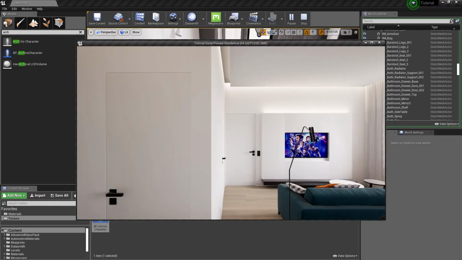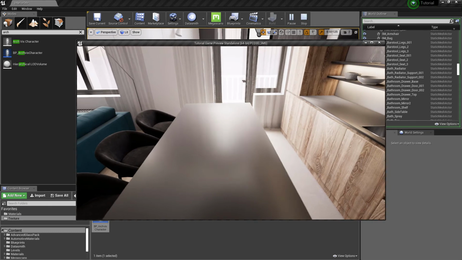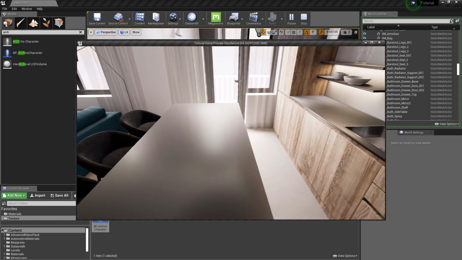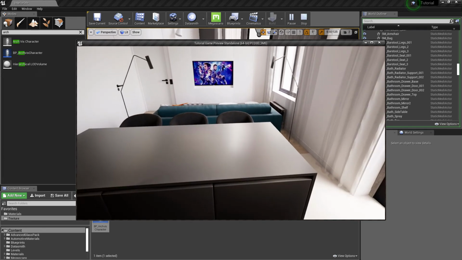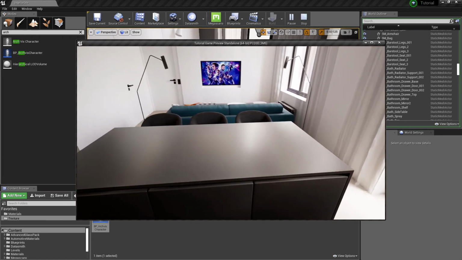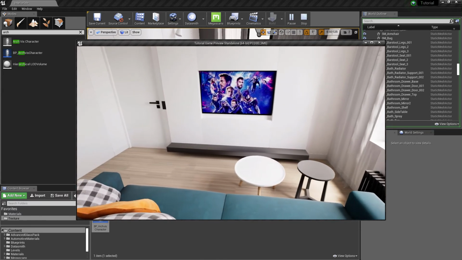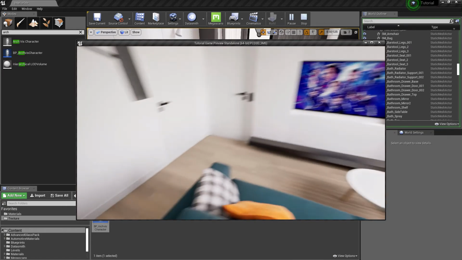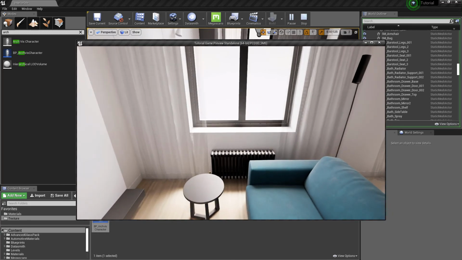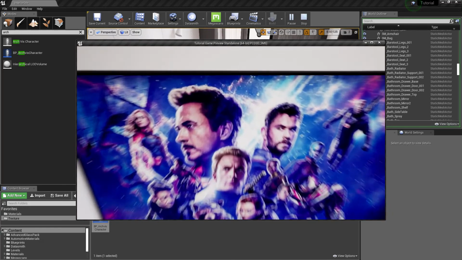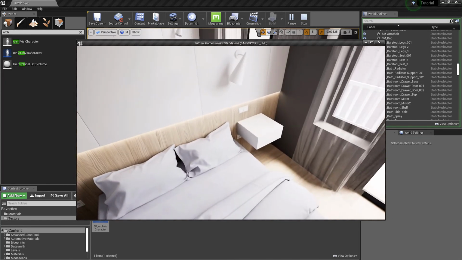Let it play. The counter is blocking me. I'm trying to pass through it, but it won't let me. The collisions are working fine. Oops, I just moved on the bed.